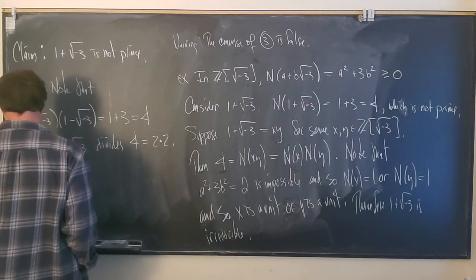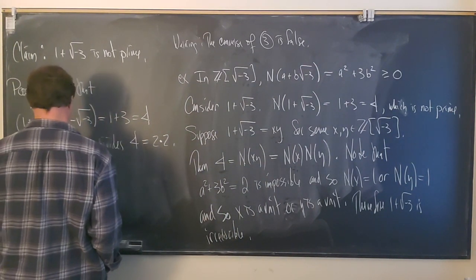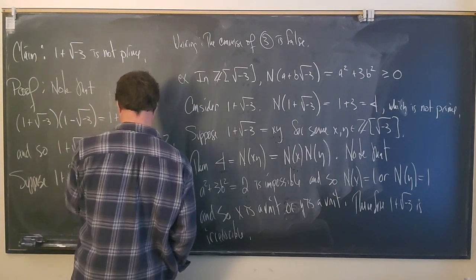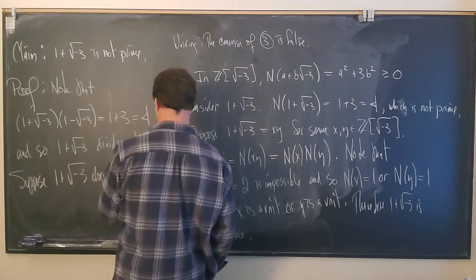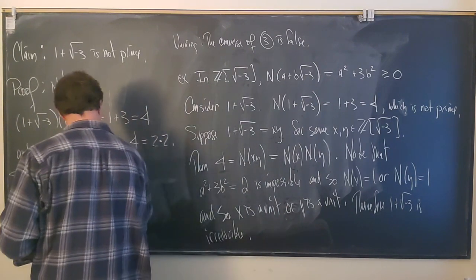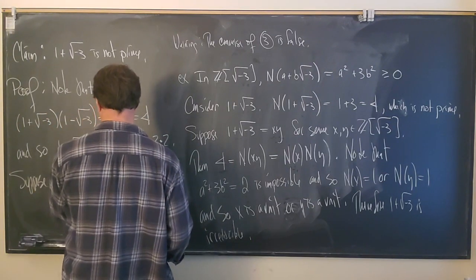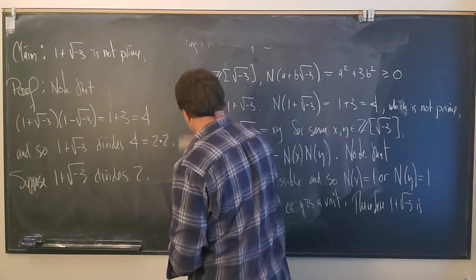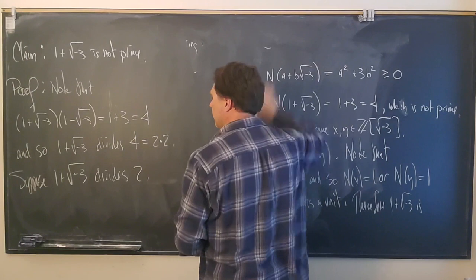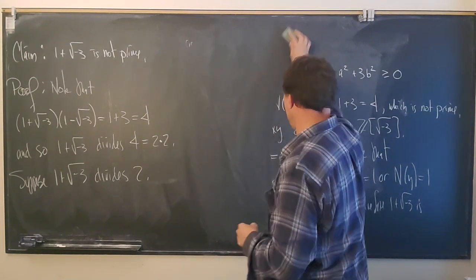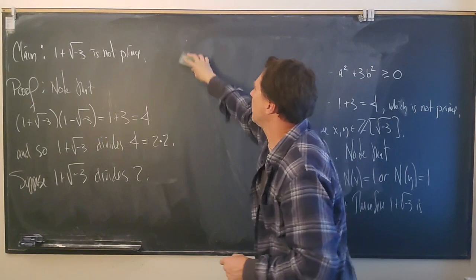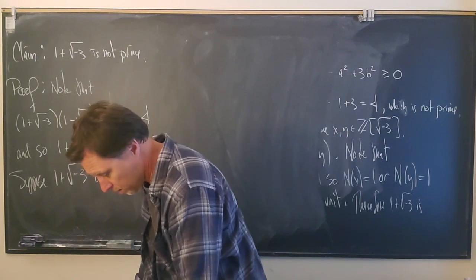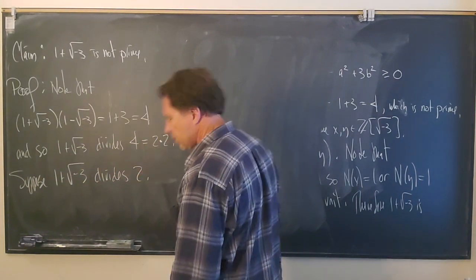So suppose that 1 plus square root minus 3 does not divide. Oh, whoops, sorry, not that does not. Suppose that it does divide. So suppose that this divides 2. Okay, so what does that mean? It means that 1 plus square root minus 3 times some element equals 2. What do I want to call it? I'm going to call it a plus b square root minus 3. All right, so then